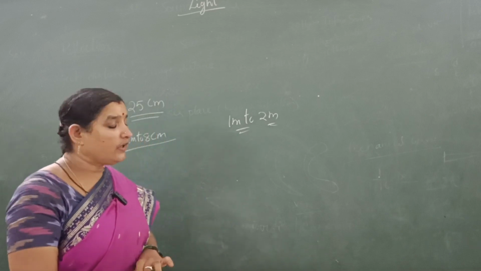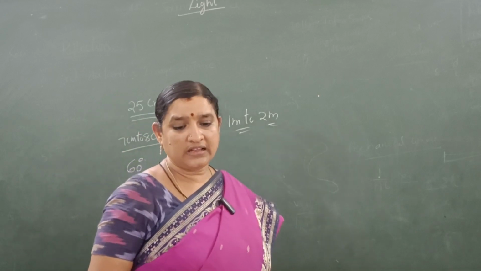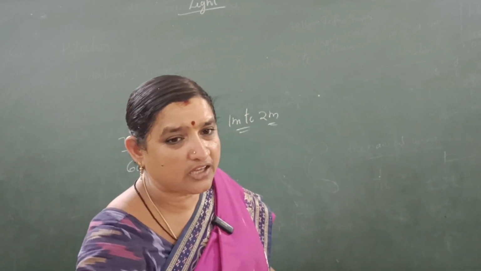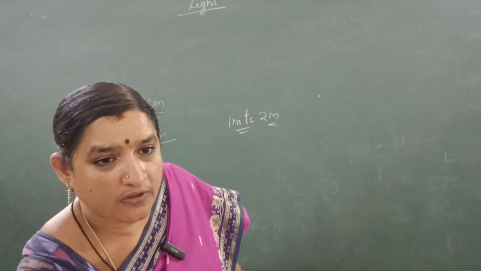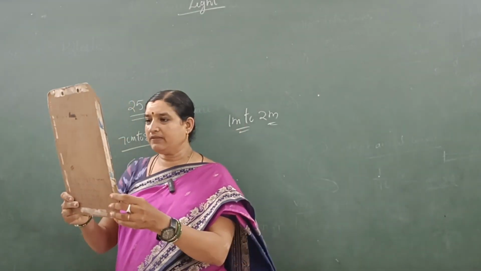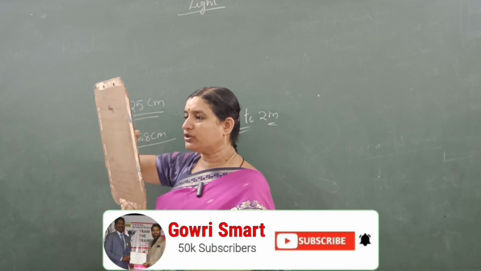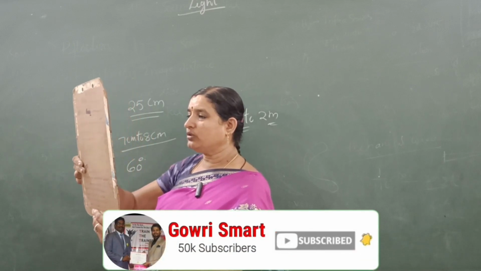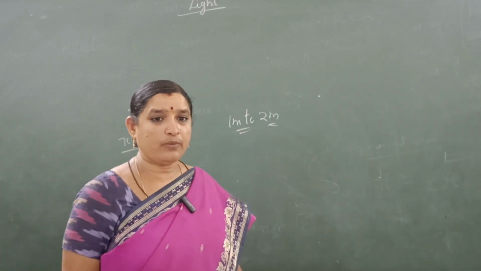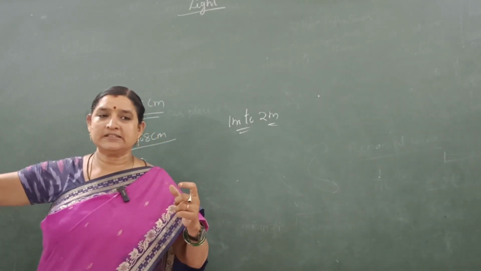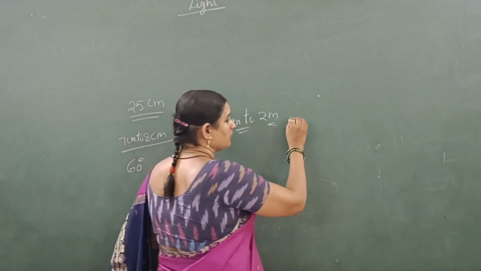Angle of vision of a healthy human is 60 degrees. What is meant by this angle of vision? Suppose you take a scale or any long object and keep it very near. You cannot see the starting point and end point, you cannot see the edges. Only some portion you can see. If you go back to some extent, you can see the starting point and ending point. If you again increase the distance, you can see empty spaces beyond the starting point and ending point also.